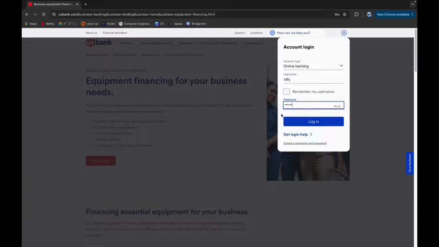If you need any help or if you are having some trouble logging in, you can click on this link and recover. And if you want to create a new username and a password, you can click on this link and create a new account. Now click on login, and these are the simple steps that you can follow to log in US Bank Equipment